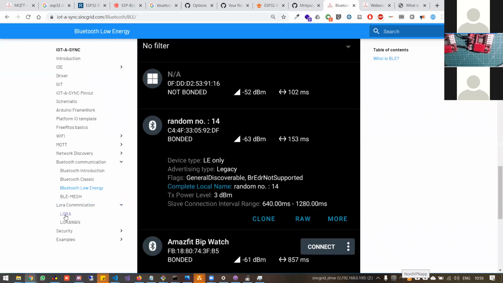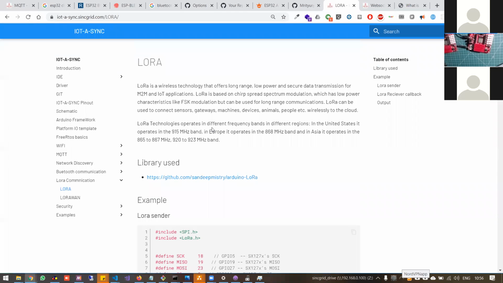So now coming to the LoRa part, LoRa long range communication, a trademark of Semtech. So this communication is basically on the physical layer. We use something like FSK, frequency shift keying kind of thing. It is not exactly that. It is something called chirp modulation. So they use this chirp modulation to communicate over long range, and in that long range, basically, they communicate